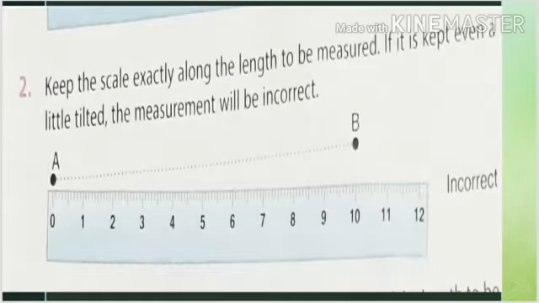Keep the scale exactly along the length to be measured. If it is kept even a little tilted, the measurement will be incorrect. See the picture given there. If you keep your scale a little tilted to the line segment, the measurement will be wrong. Always keep your scale very close to the length to be measured and parallel, so that your measurement will be correct. This is all about the second one. Third one,